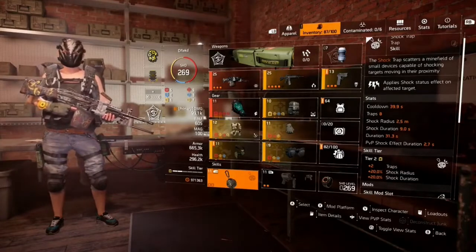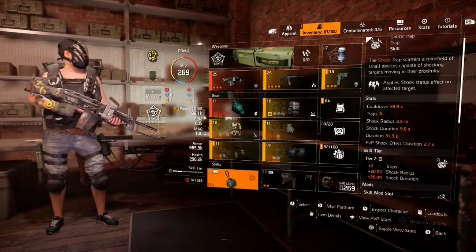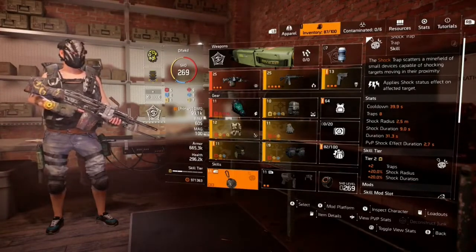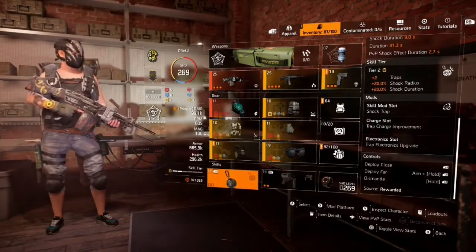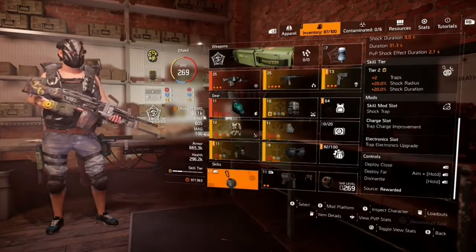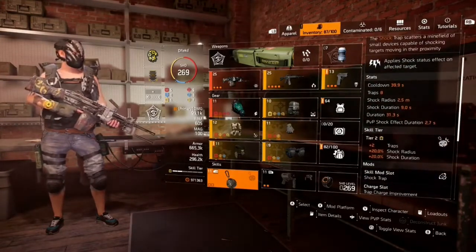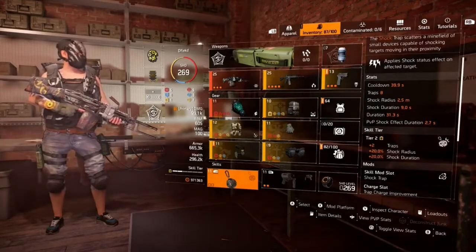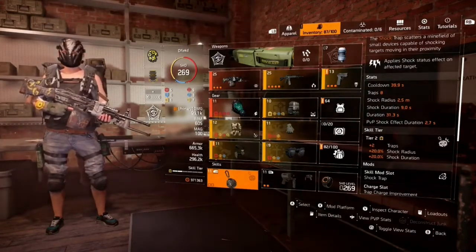So for the two mods I was using, you can mix and match any ones you prefer, as long as they apply status effect. This one applies a shock status effect with the trap. It works very well with the radius. I'm only skill tier 2, so I put status effect on just to hold them longer. I don't care about the damage it does. I just want them to be shocked as long as possible. The shock duration is 9 seconds. So it's a good amount of time, and while they're sitting there, you just plug away on them with the